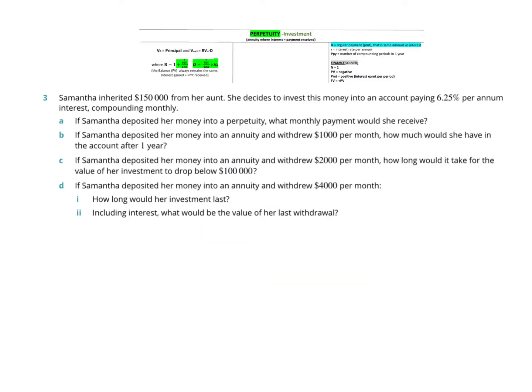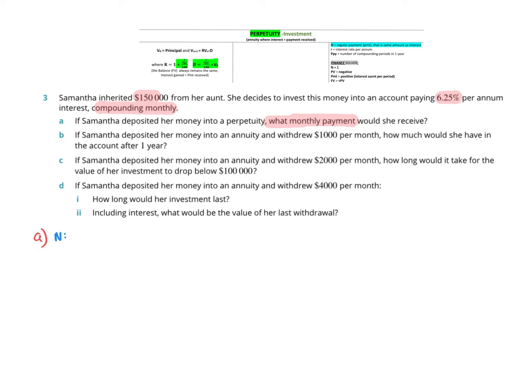Okay, Samantha inherited $150,000 from her aunt. She decides to invest the money in an account paying 6.25% per annum interest, compounding monthly. If Samantha deposits her money in a perpetuity, what monthly payment would she receive? So if we go off and do A,